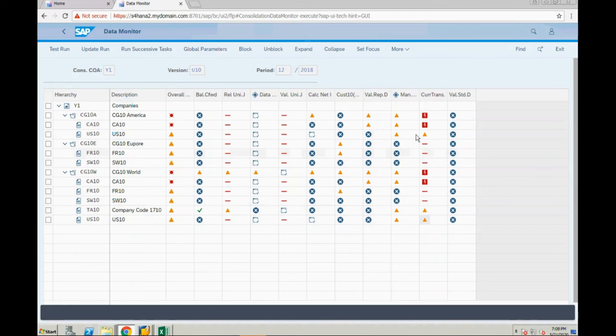Once the currency translation happens, in the group currency your data should match. Here, when you validated the reported data, that was in the local currency. Now you have to validate this one in the group currency. So right click here, test.